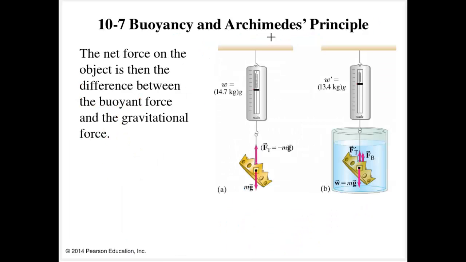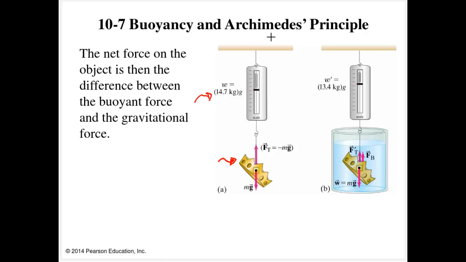We can use this to calculate how much force we must lift an object with when it is submerged and when it's not submerged, and we can calculate what the buoyant force would be. If you've ever done chin-ups off of a diving board or something, you're lifting an apparent weight that's much less than your weight. You can do a lot more chin-ups when you're mostly submerged in water than when you're just hanging there in air. So if we take a crown and hang it off of a spring scale,